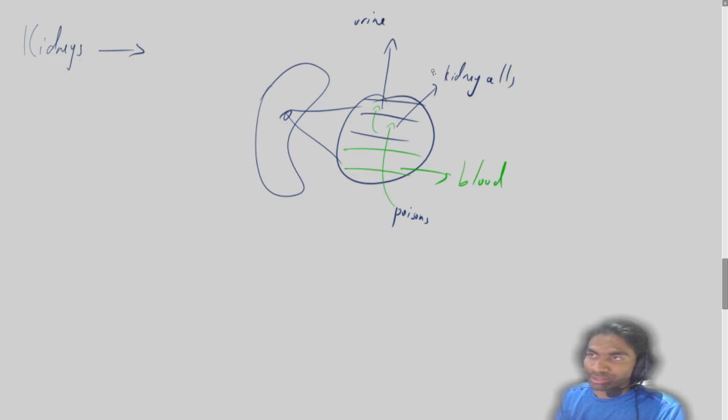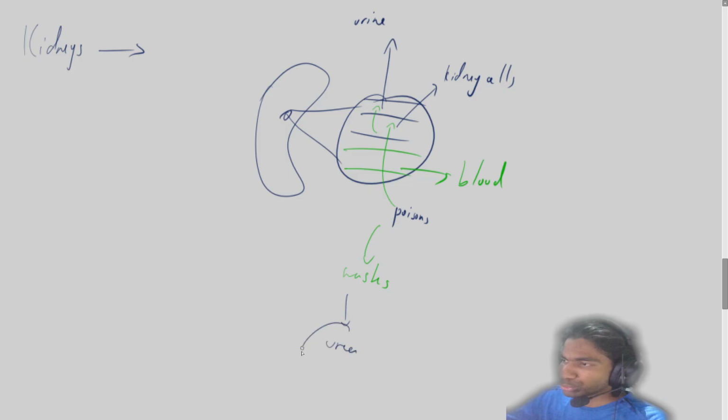It's a bit more complicated than that. There's actually a lot of pressure involved and so on. But the point either way is that even with that higher pressure involved, that higher pressure is just another form of energy that the body is using to move the poisons from one place to another. Okay, and when I'm talking about poisons, it doesn't necessarily just mean snake venom and stuff like that. It can also mean stuff like waste materials,